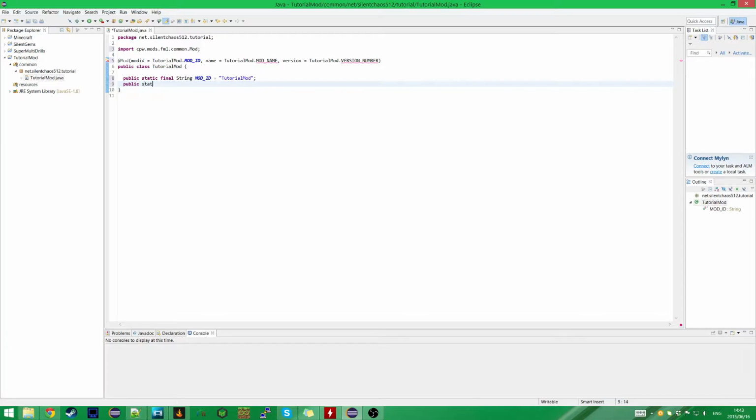Next up is the mod name, and I guess I should mention the mod ID is sort of what identifies your mod. That needs to be unique. The mod name is mostly just there to display for players. It'll show up in the mods menu. It's just a more readable version. So name it whatever you want to name your mod, just to show that you can put special characters in it. I will call it